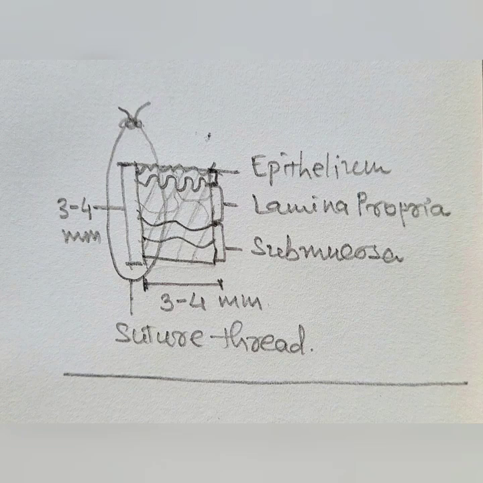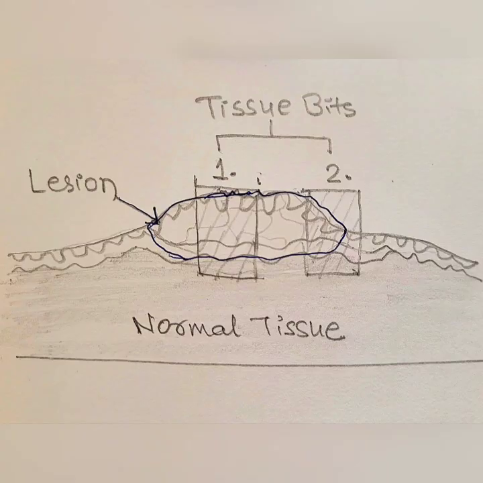If possible, pass and tie a thin suture thread to demarcate the tissue from uppermost to deepest side, so the histopathology technician can cut the sections of the tissue parallel to this thread to involve all the